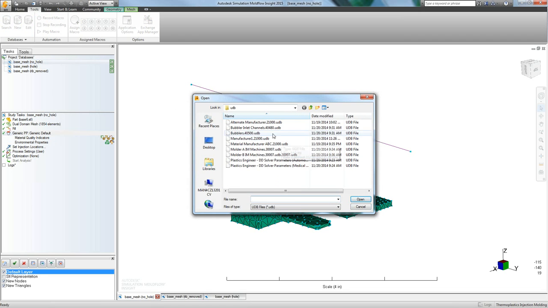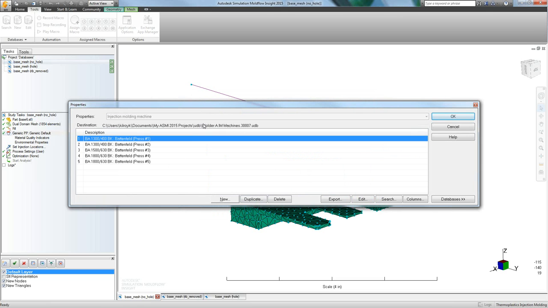So I created a database for a mold manufacturer. Let's go ahead and open it up. So I have Molder A injection molding machines. So say your facility or your company has 2 different mold manufacturers, or else 2 different part manufacturers, excuse me. So you want to analyze the parts based on the machines that they have at their